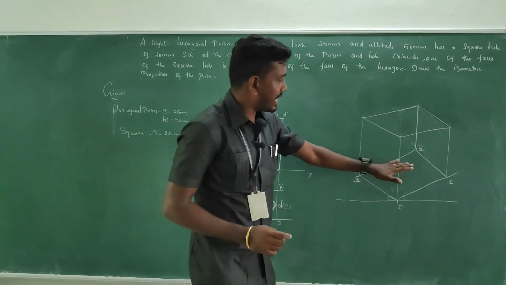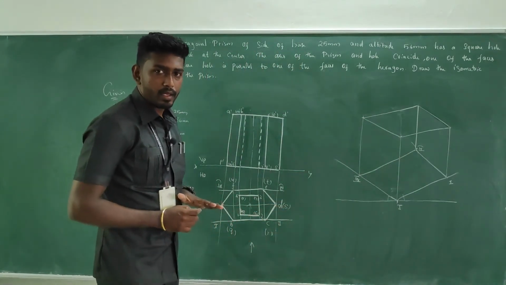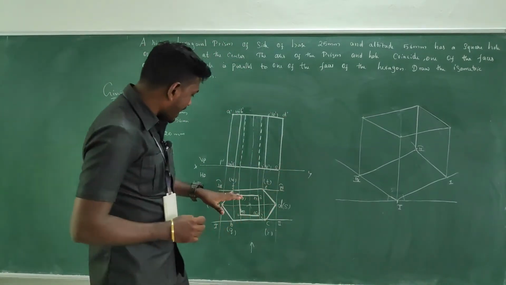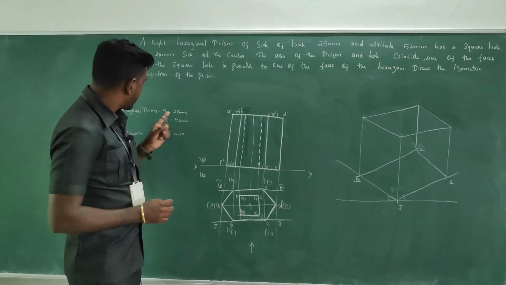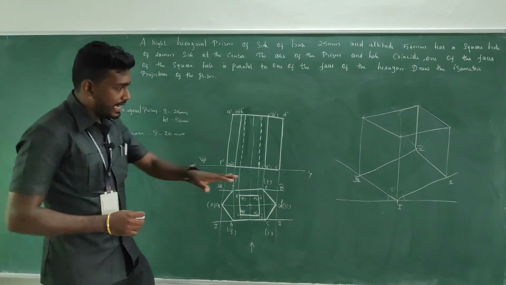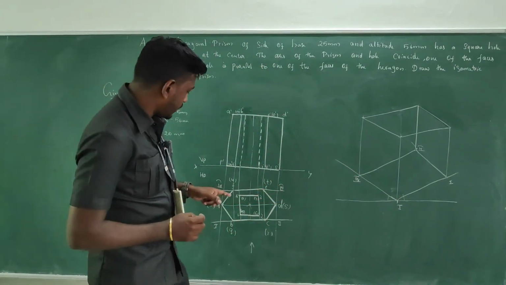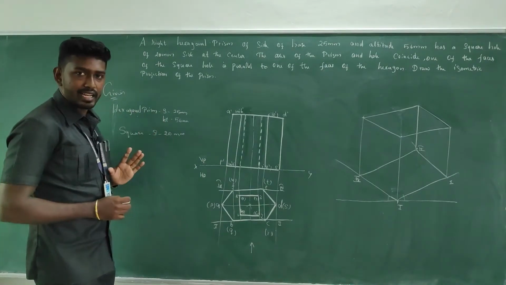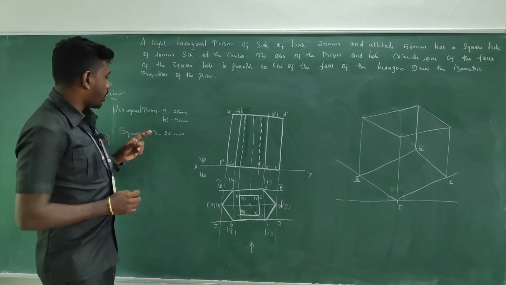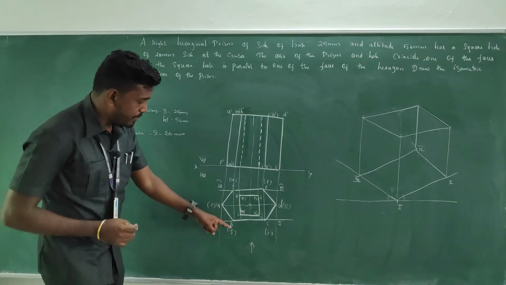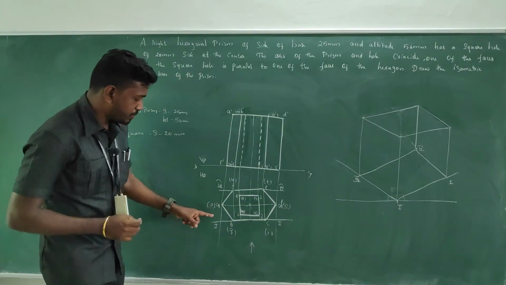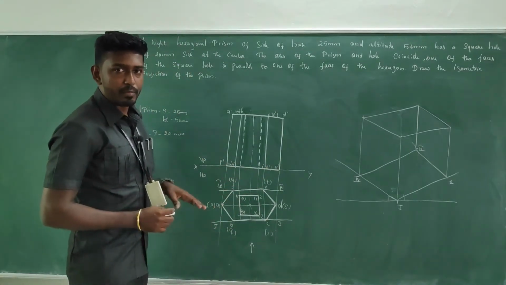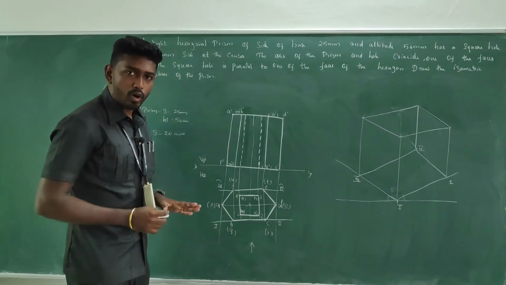So this is the top base and this is the bottom base of the box. In the top base we need to specify the top base features of the hexagonal prism. In the bottom base of the box you need to specify the bottom base features of the hexagonal prism. In the top base we have noted A, B, C, D, and the bottom base P, Q, R, S. So we can start from the bottom base: P, Q, R, S.